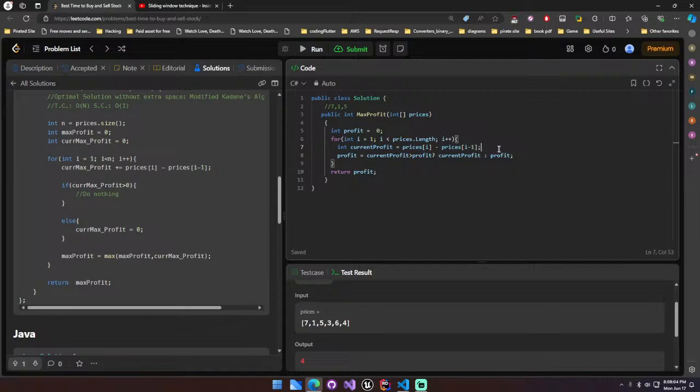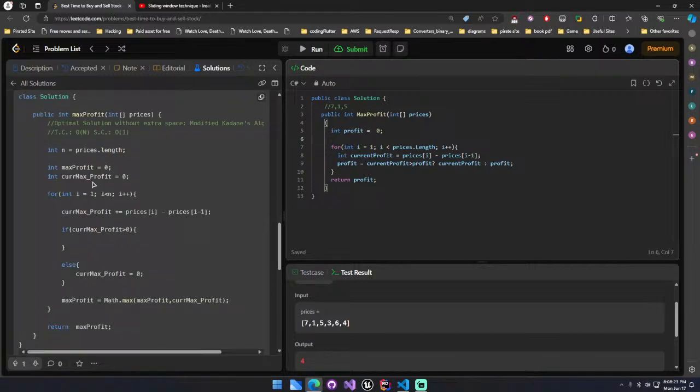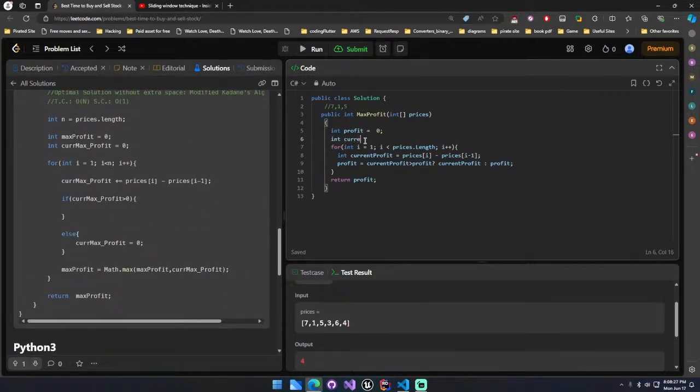Oh, it's pretty much the same, dude. If we do a minus, but instead of doing this I, we just have to keep track of, what do you call that? Yeah, it's the same shit. This one's a bit more confusing to look at. I thought this is different, but nope, this is not different. It just has a current buy, something like buy. Or we can say buy index, something like that. And then we can have here